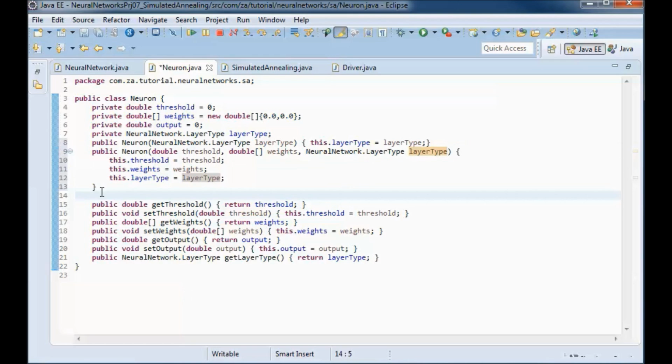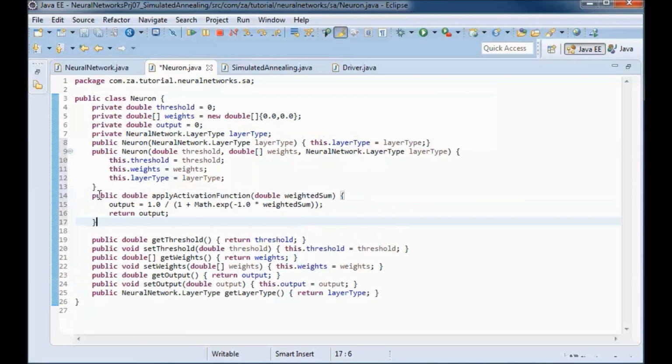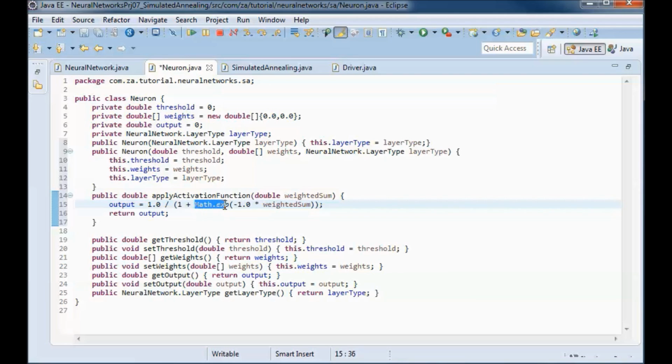And we will be using the log sigmoid transfer function. So 1 over 1 plus exponential of -1 times the weighted sum that is passed in here.